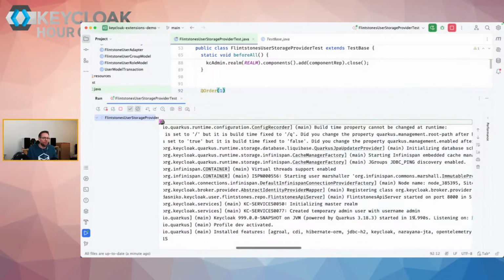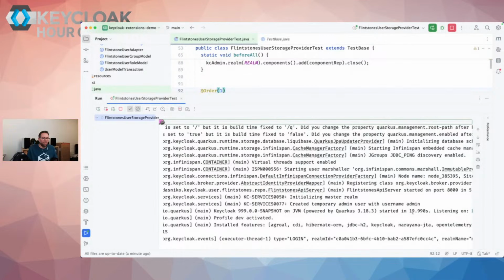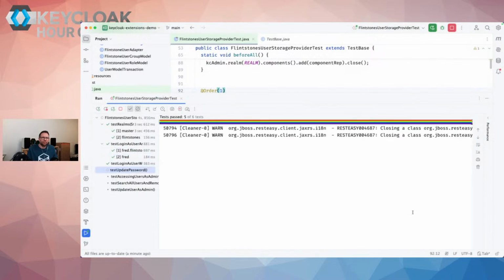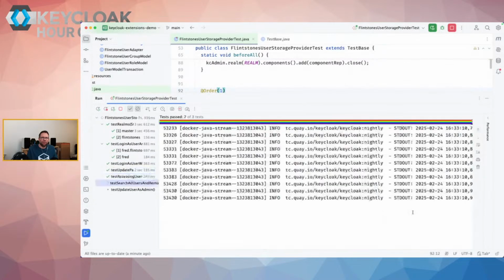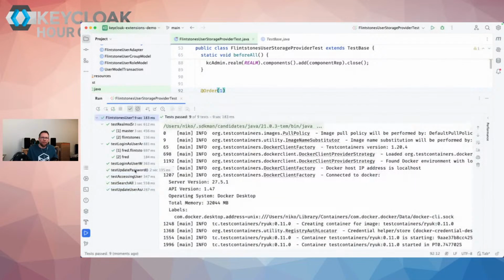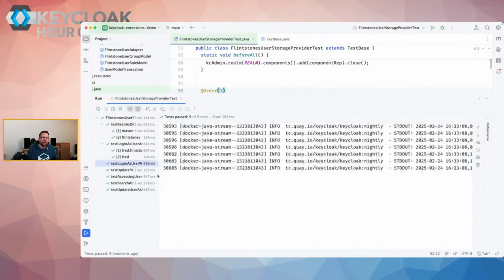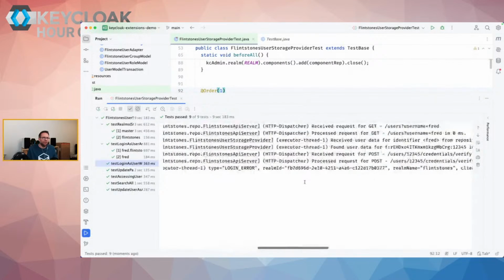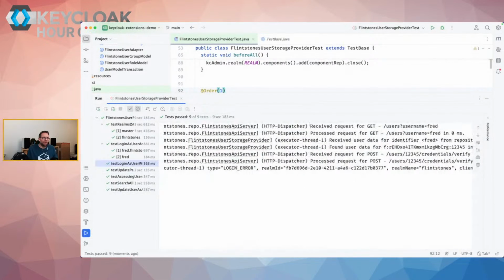Now it started also in 20 seconds, and then the tests will be executed. And you can see everything is being executed properly. And here you can see some more log output for each log, as I have some debug outputs from the